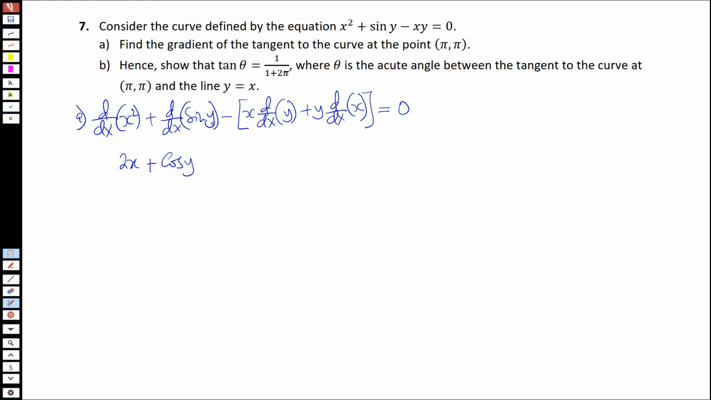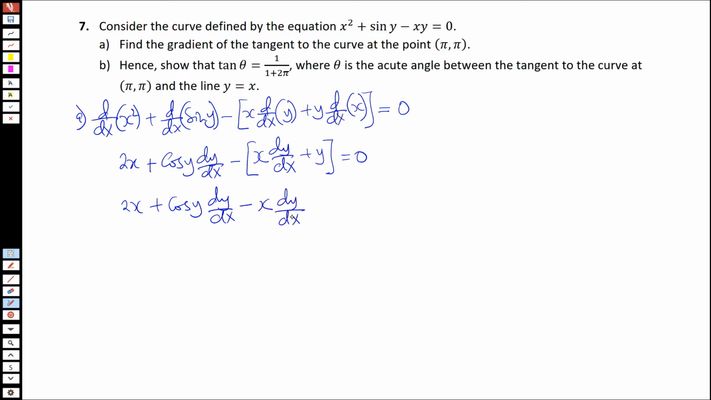That's outside. Inside, the derivative of y is dy over dx, minus, here we'll have x multiplied by dy over dx, because the derivative of y is just that, plus y being equal to 0. This can also be written as 2x plus cos y dy over dx minus x dy over dx minus y equals 0. So at the point (π, π),